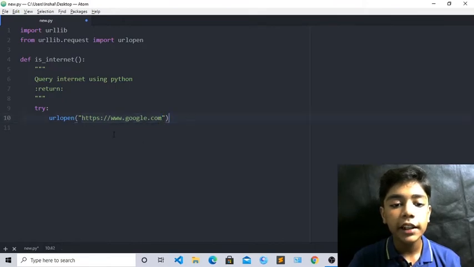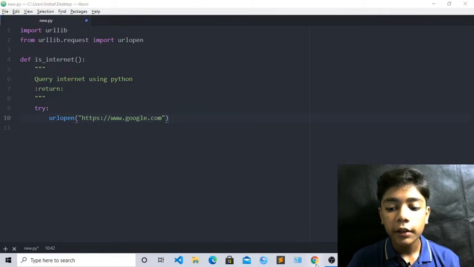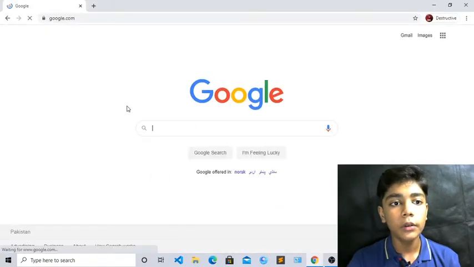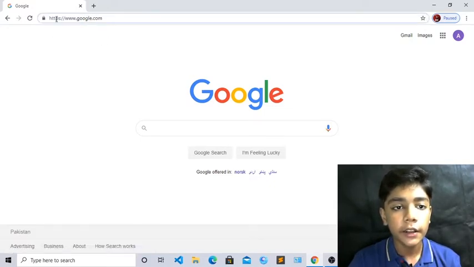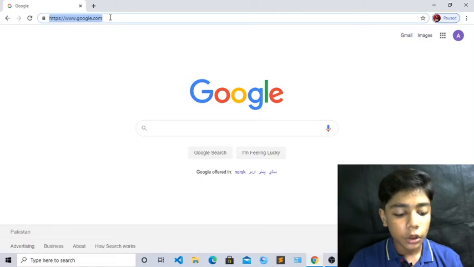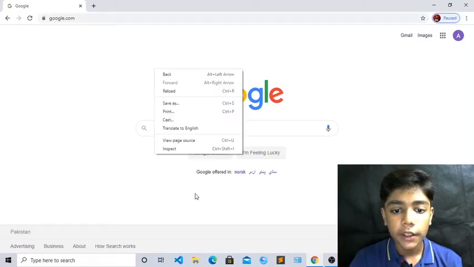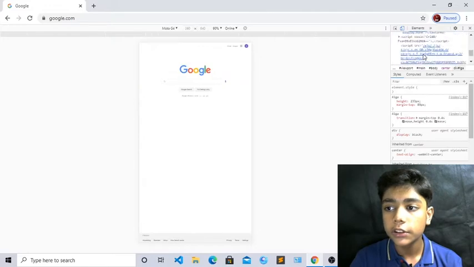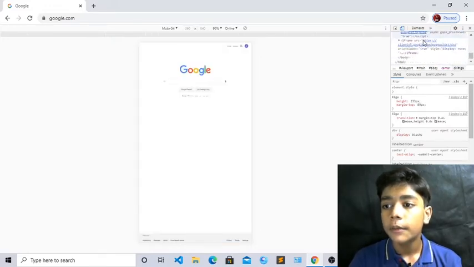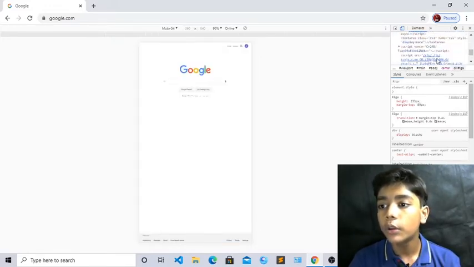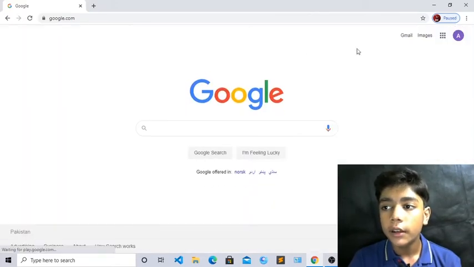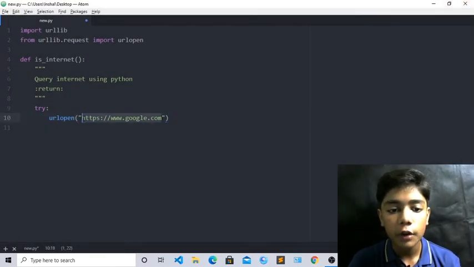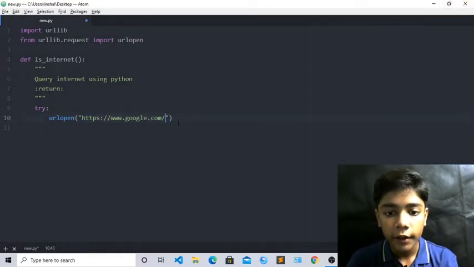Okay, if you don't remember or if you don't know it, you can also go to your Google Chrome here and write Google here. You can see there is Google. Now for checking it you can also check like here. Now just copy from here. Or you can right click and inspect, or you can also see from here that there is the URL of Google. You can also copy it from here. Now first of all just close it, and close your Google. Now when we have copied that, just paste it here and delete this slash.